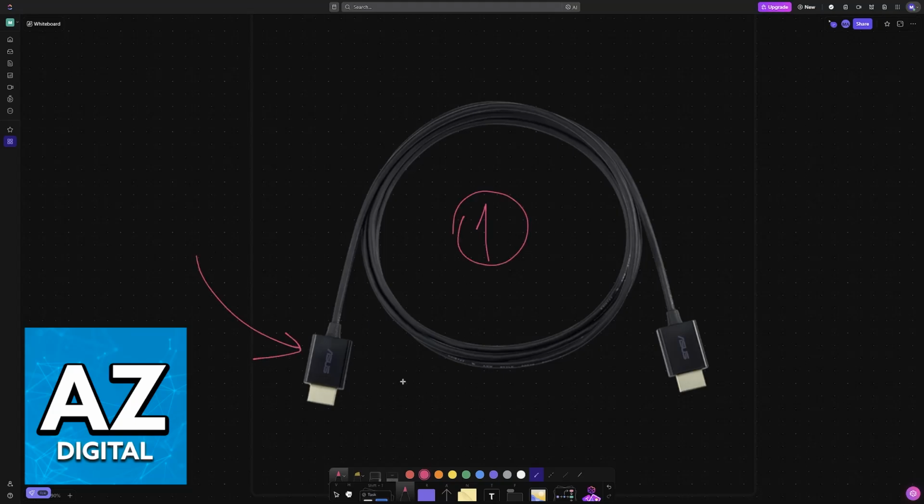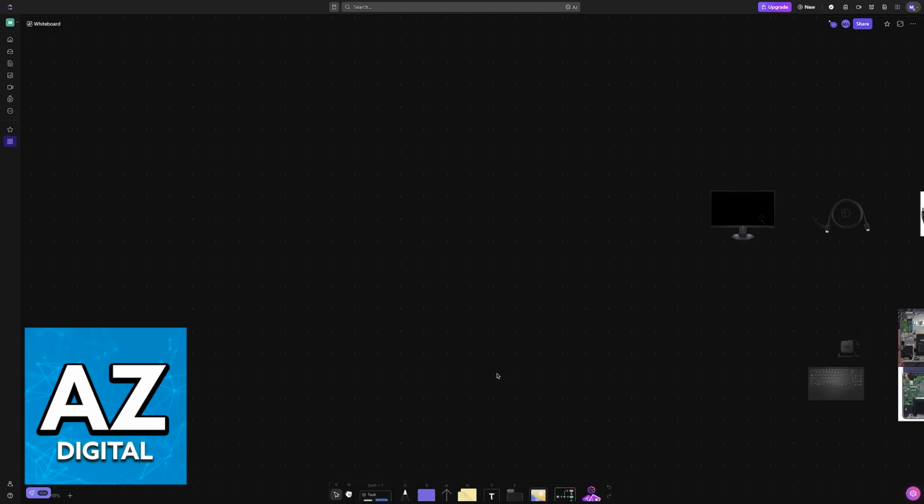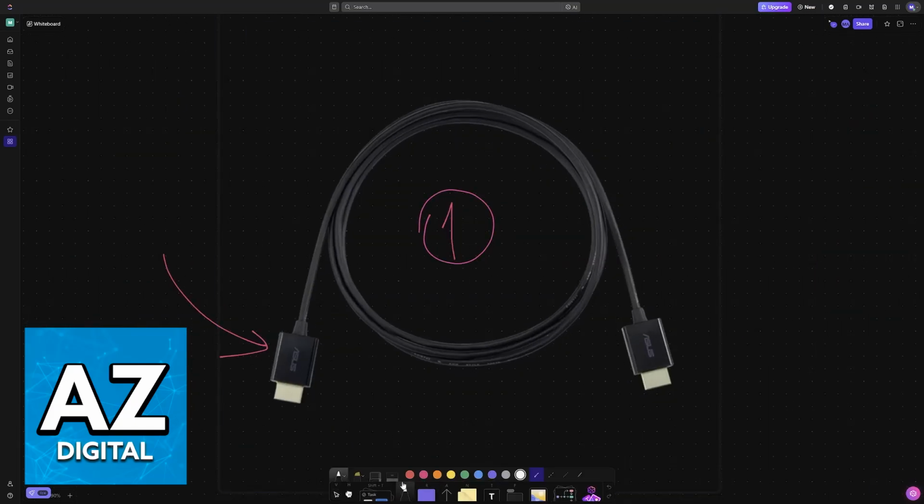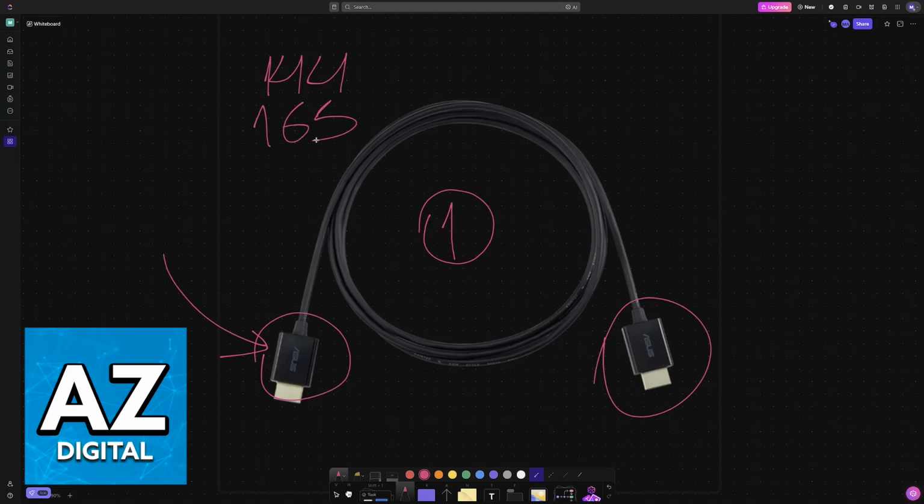Make sure that you have a high quality HDMI or DisplayPort cable by ensuring that your cable meets the requirement of the monitor and that you are using a high quality cable. You won't see any sort of flickering, and using higher quality cables also ensures that you can get high frame rates or refresh rates like 144, 165, and so on. With this done, you are mostly good to go on the cable side.